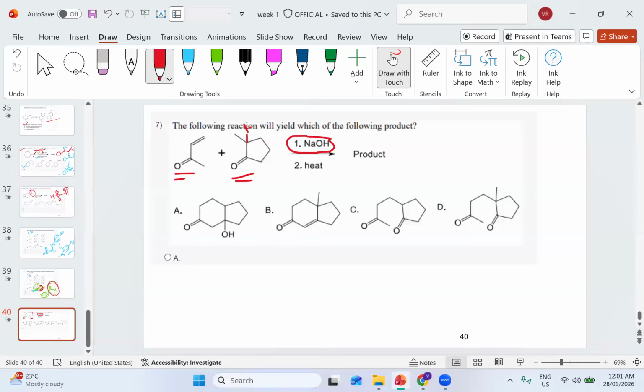Do you know why? This is mainly because after abstracting the proton, we get the enolate, which is a stable enolate. So what enolate we get on this one? O negative, this one, right? And this enolate attacks in the Michael fashion on the